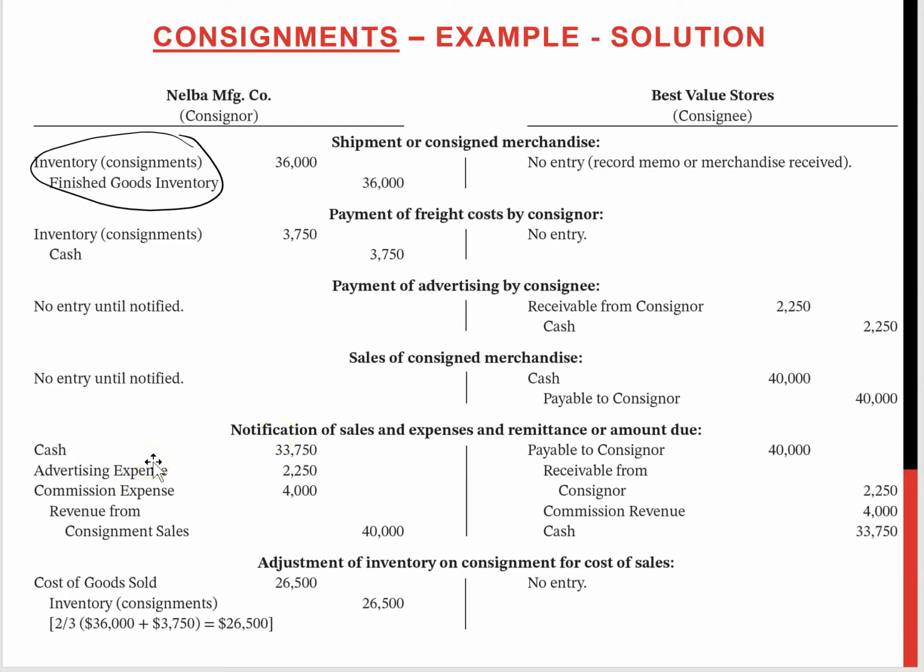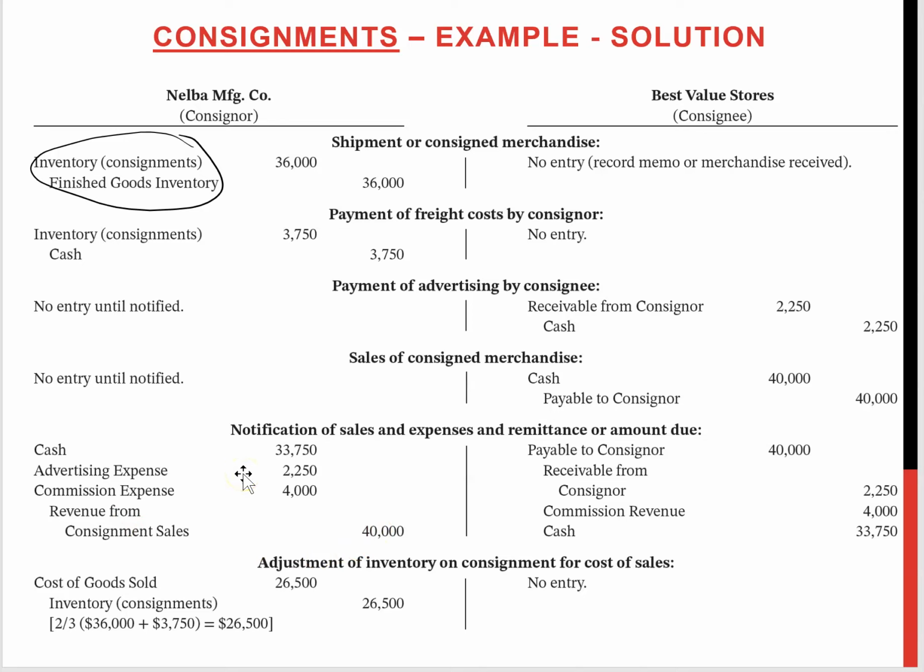So when NELBA gets the notification the goods are sold, then at this point NELBA will record the actual sales revenues. So now what they will do, they will record the revenues from consignment sales. This is the revenue recognition. They are recording the entire 40,000 as sales revenues or consignment sales, and then they will adjust all other items and actually how much cash they will receive, not the entire 40,000, because they have to pay for the advertising